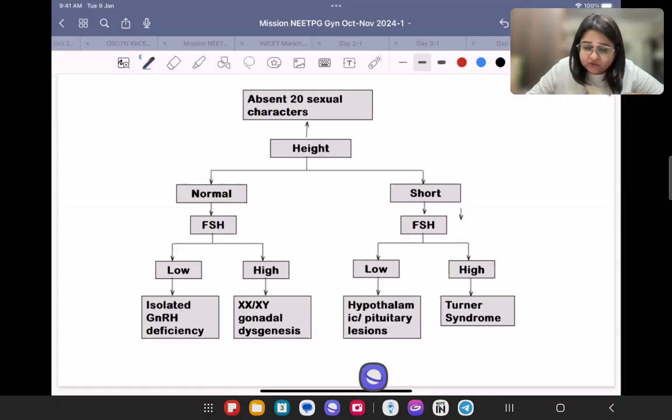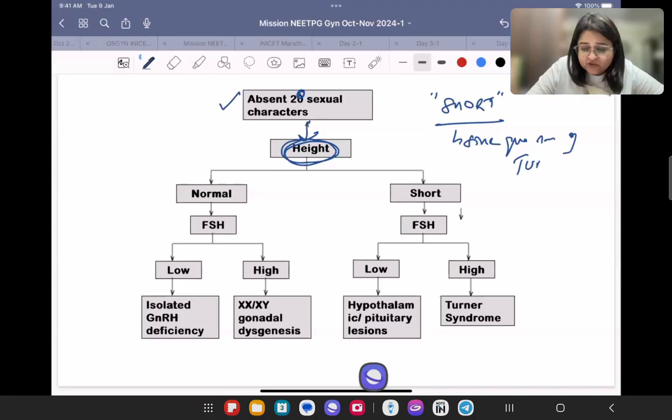Now coming to absent secondary sexual characters. If the question comes that secondary sexual characters are absent, so you have a 13, 14, 15, whatever year-old girl above the age of 13 with absent secondary sexual characters, the next thing, look in the question ki uska height, is it given or not? Why is this important? Because whenever they mention typically short height, remember short height is the sine qua non of